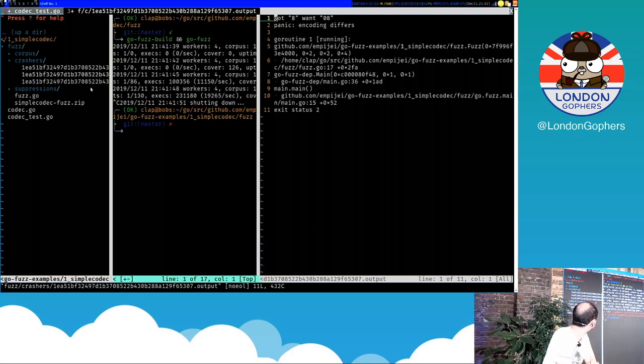I let it run for how long? A few seconds. And it already found a crash. There are 3 more bugs in this code that I found by running it for 10 minutes. For example, if it is too long, it will overflow. If it is minus and then a 0, it will also not serialize that 0. There are several bugs. It's like 7 lines of code. That proves 2 things. Fuzzing is effective and found stuff that you wouldn't expect, and I'm very bad at unit testing.